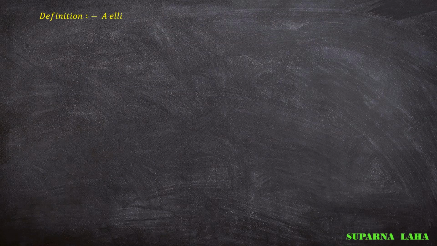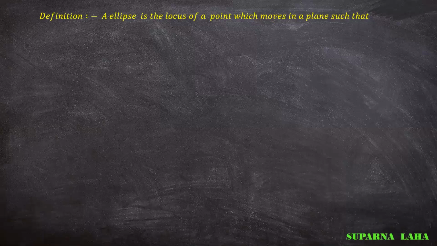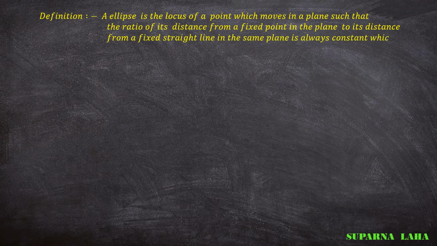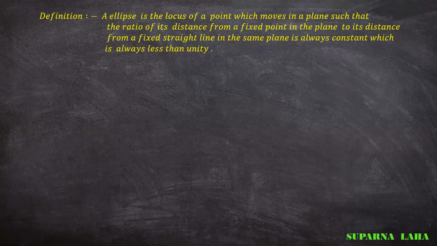What is the definition? Definitely the definition of the ellipse is the same as the definition of the conic section. So the ellipse is the locus of a point which moves in a plane such that the ratio of its distance from a fixed point, the focus, in this plane, and its distance from a fixed line, that is the directrix, in the same plane, is always constant. So the ratio is always constant and the constant is always less than unity. That means